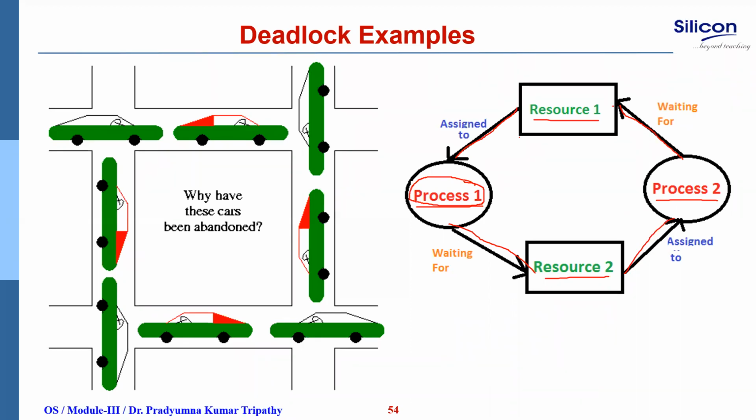And here you say the deadlock has occurred. None of the processes could continue. You might have noticed while working on your computer, sometimes the computer halts and you don't have any option to go back. The system stops over there. So deadlock sometimes occurs in your computer as well.